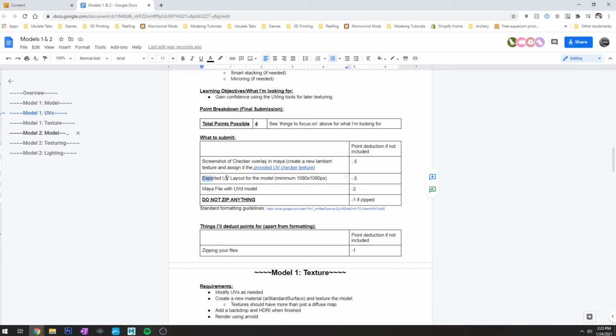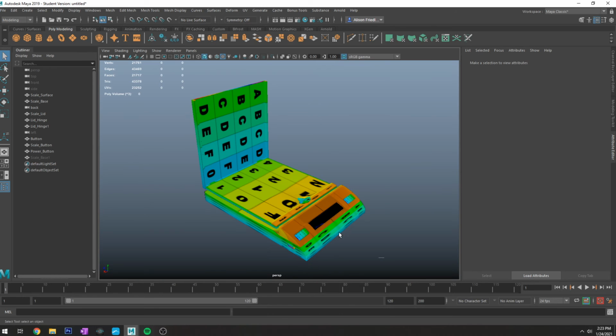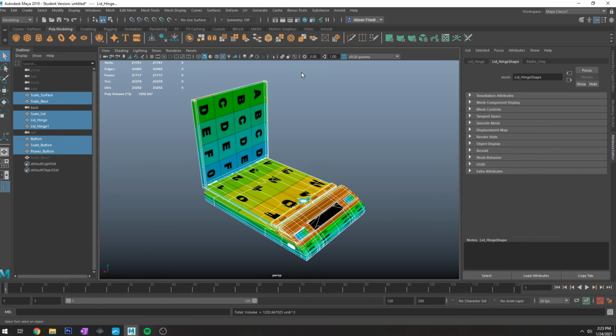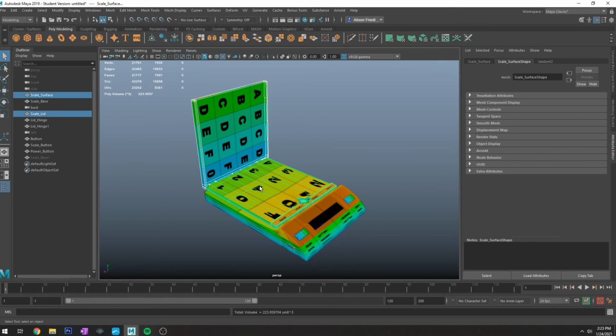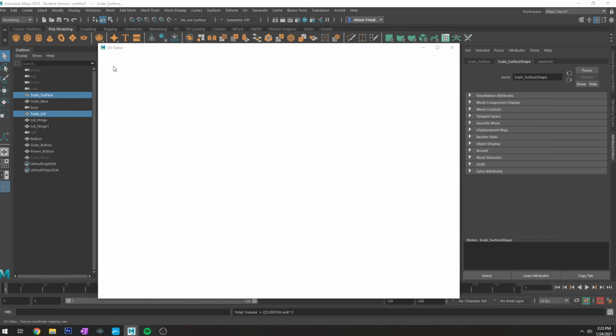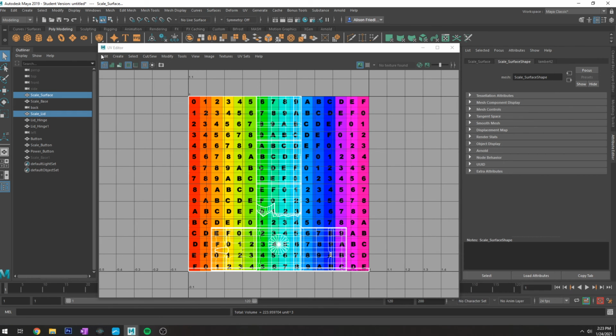And then export a UV layout for the model. All you really want to do for that is select the whole model, or if you're using multiple textures, say you're doing a separate texture for the plastic area and then the metal area, which is fine. All you would want to do is go into your UV editor. Like I said, I have not laid out these UVs. Go to, I believe it is